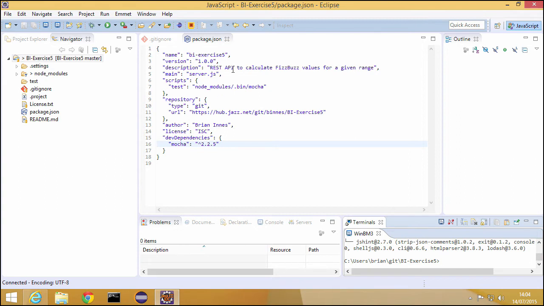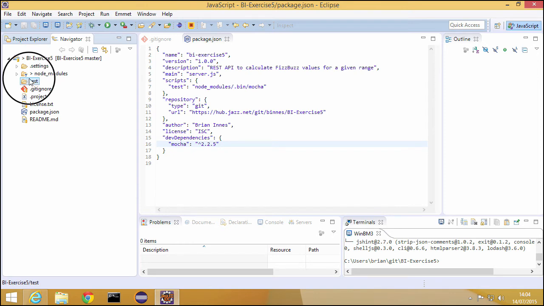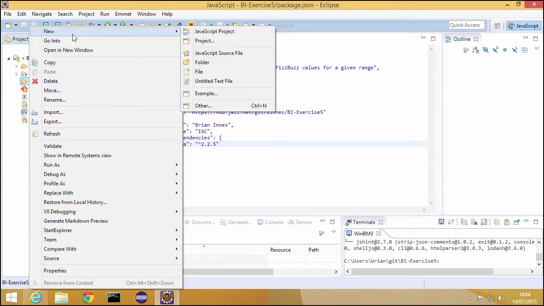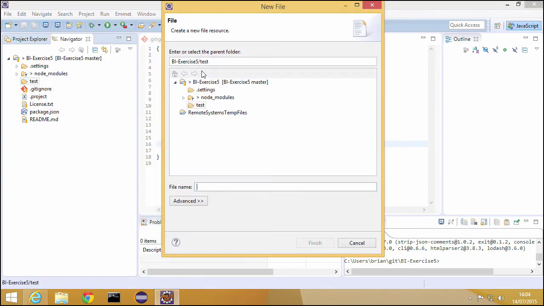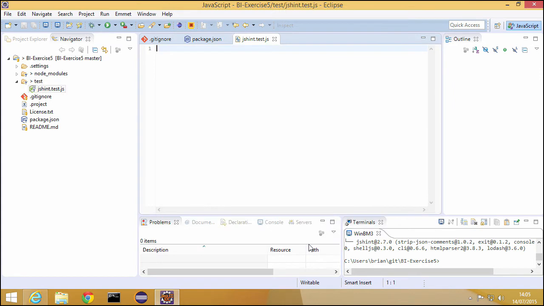And then to help configure this, we need to put a file in our test directory. So we select the test directory in the navigator, right click and say new and then file. And the file is called jshint.test.js. And we say finish. And the content is simply